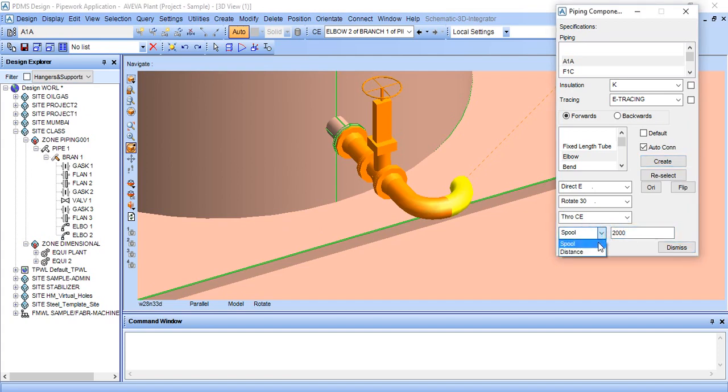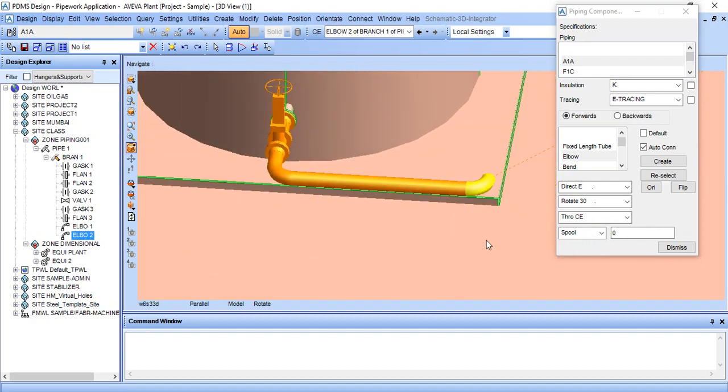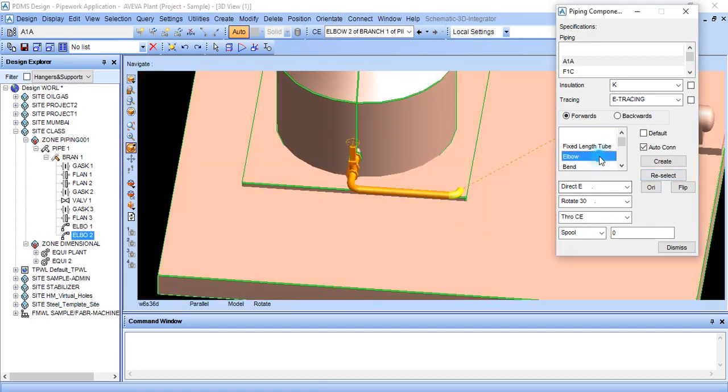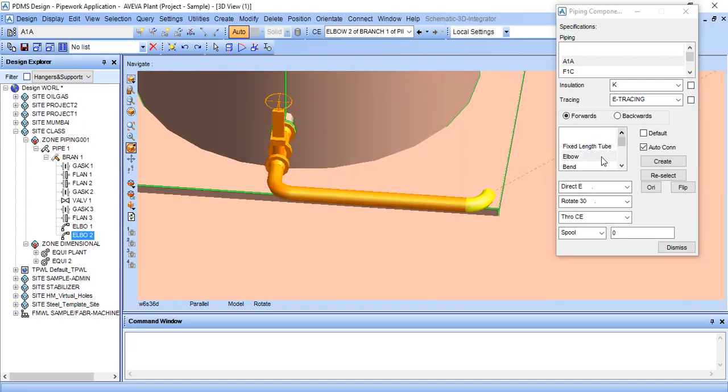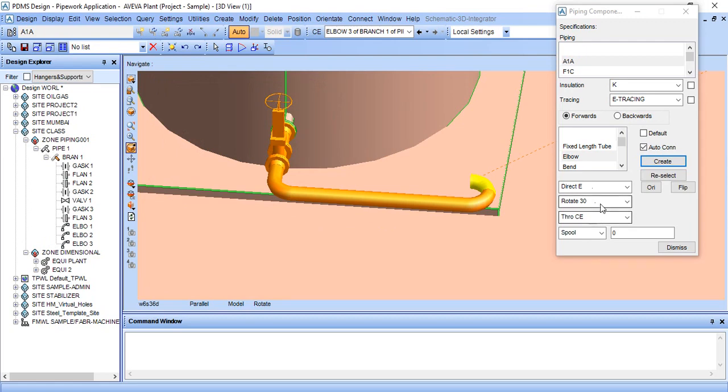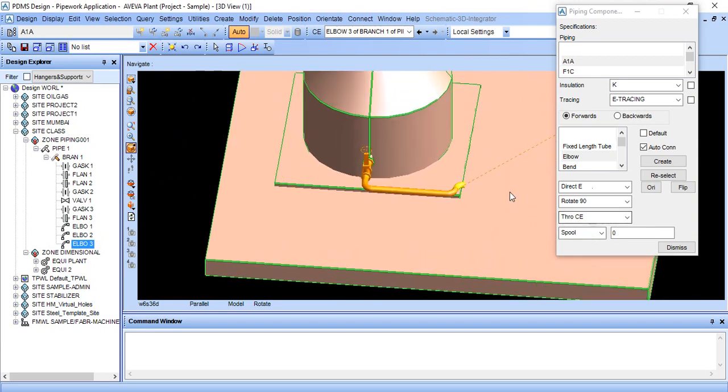I am giving a 200 spool. We need another elbow. Rotate it 90 degrees.